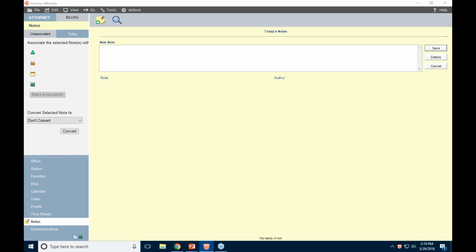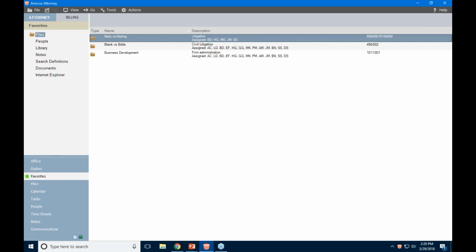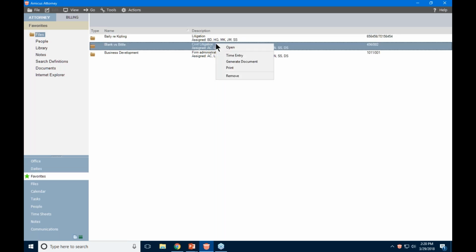How do I turn off a favorite? Favorites, you can make a number of different items within Amicus a favorite simply by right-clicking a file, for example. I'm able to add to favorites. So I just made blank vbiddle a favorite. To turn off or remove something from your favorites, you would basically go into the favorites module,